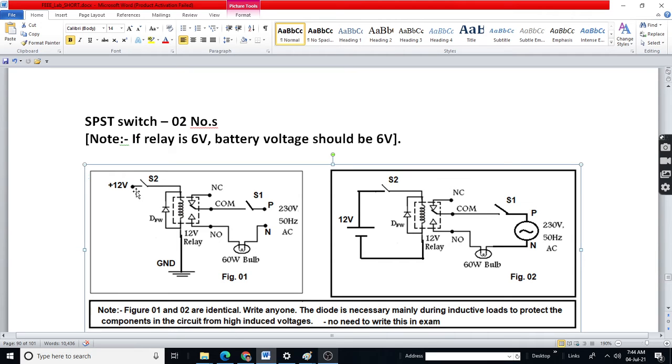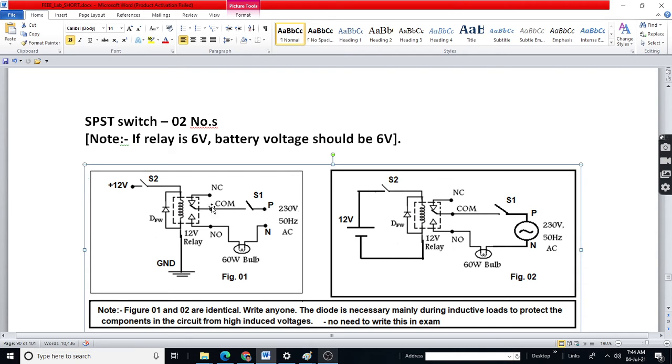Now what happens is, when the switch is open, the relay coil is not energized, so common will be towards NC, and the bulb will not get supply. See, you are closing switch S1 and then S2 in our experiment.